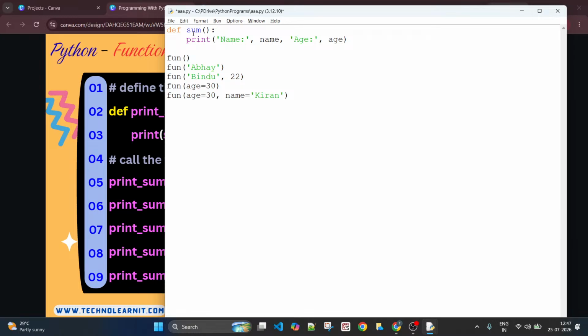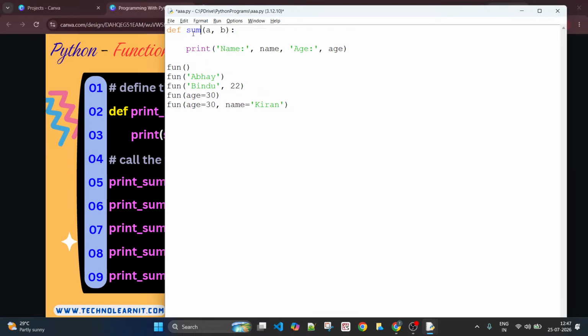If I say a comma b, this function I can use only to find the sum of two variables. What if I have three variables to find the sum? In such a situation, I may want to call this with two arguments.